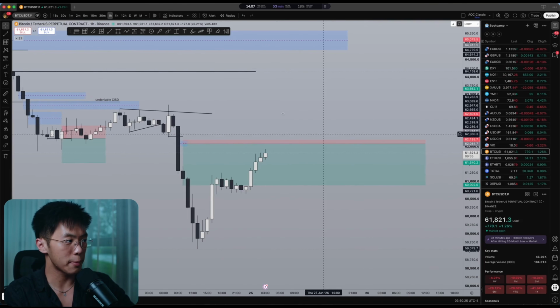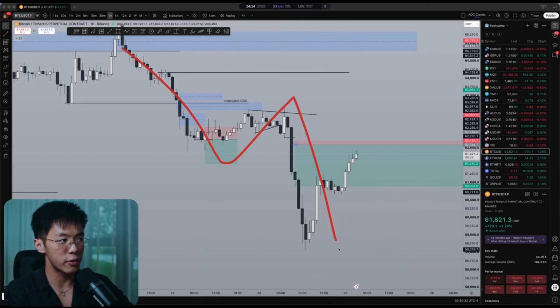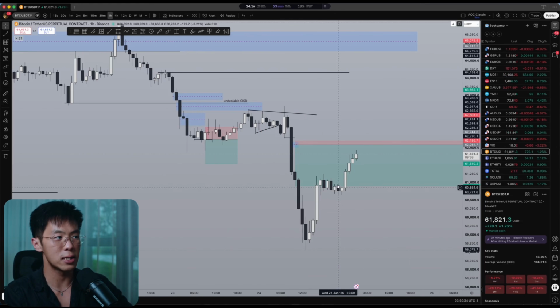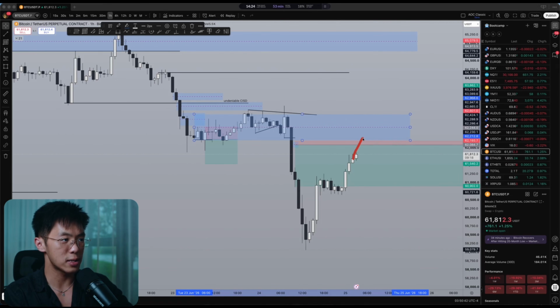But with that said, coming back into the video, the reason why we're still going to be looking for a short today, as I've already prefaced, is because the overall order flow is still incredibly bearish. And because of this, the thing that we're going to do on the 1 hour chart today is to just mark out this bearish order block over here. In the event that price comes back into this order block, we're going to anticipate price going lower from this point onwards.